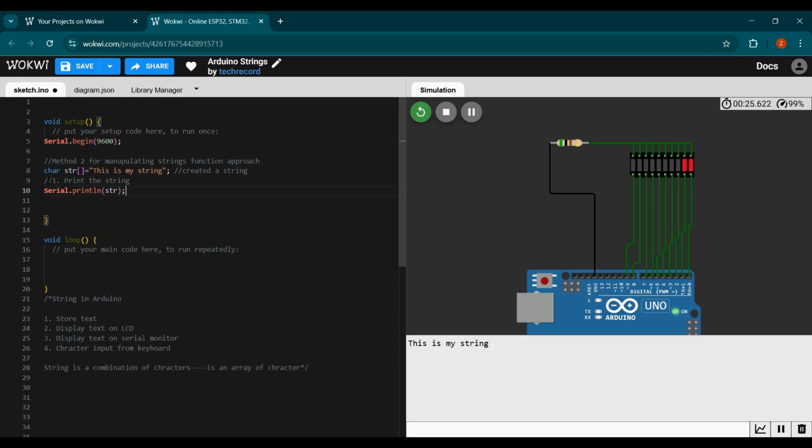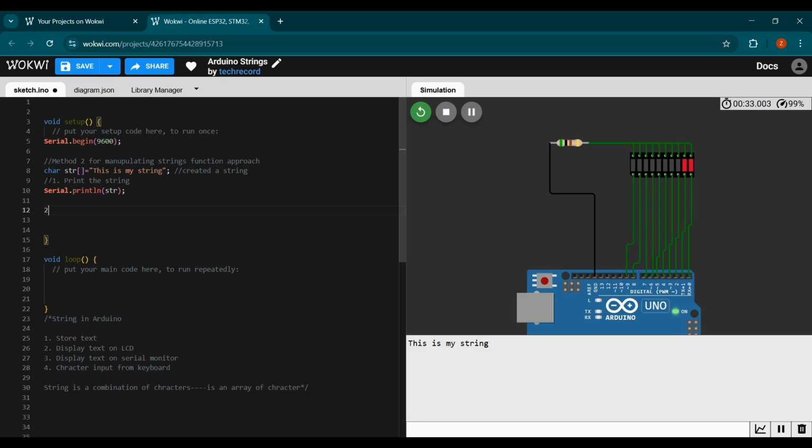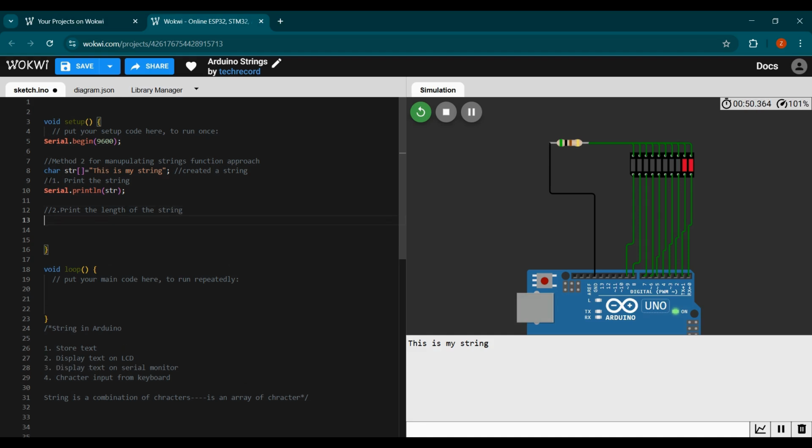Now let's say if I want to check the length, the second function we are going to learn is, or you can say let's just print the length of the string. So for that we have a function of strlen that is called the string length function, and in that we will pass our